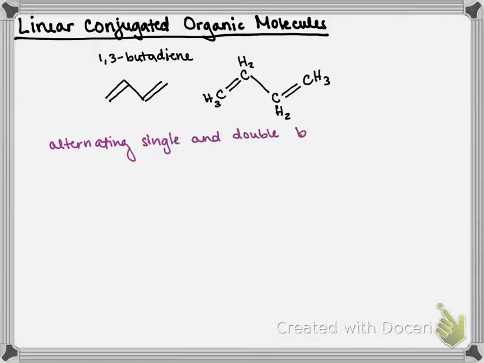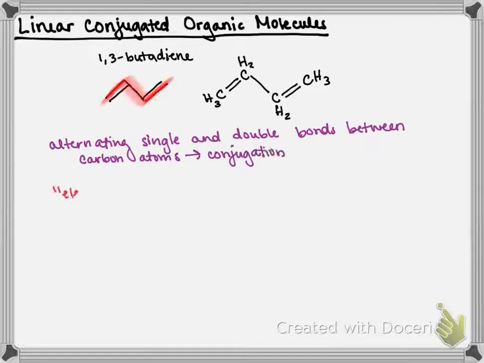And so when we have alternating single and double bonds between carbon atoms in, say, a hydrocarbon molecule, this is known as conjugation. So this is a conjugated hydrocarbon. And the path drawn in red here along this conjugated segment, of double bond, single bond, and we could go on and on forever, we can think of that as being like an electron highway, where the pi electrons, so only the electrons involved in the double bonds,